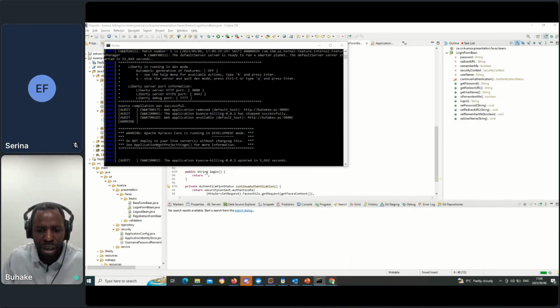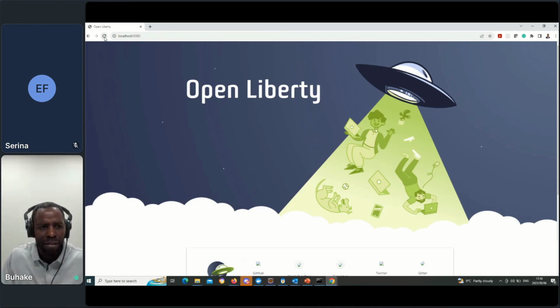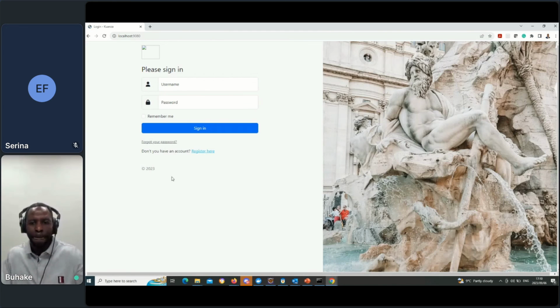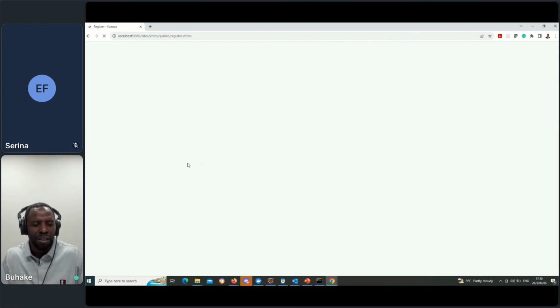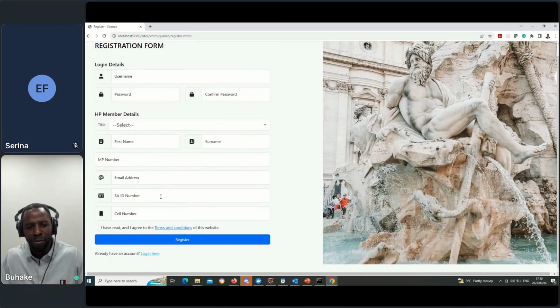This should now be this one. Yay! So there's a JSF front-end page. This is brand new, so it's still brand new development. We're taking existing stuff that worked on previous code, and we just decided to do a whole rewrite with Jakarta EE10. So this is the registration form, your login form.